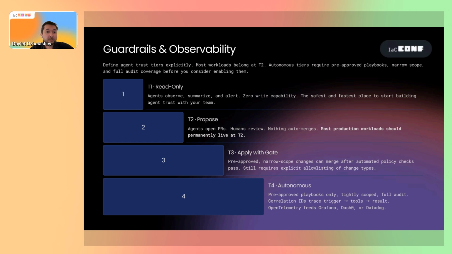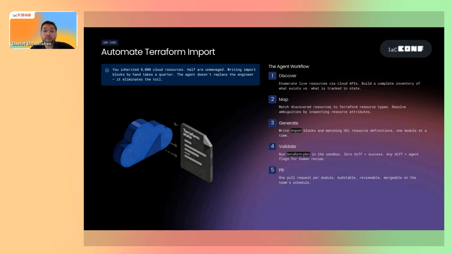So I already showed you a small example with check of checks and security checks. You can connect to your security providers and do a similar thing. Another possible use case for this is, for example, import of resources from cloud to